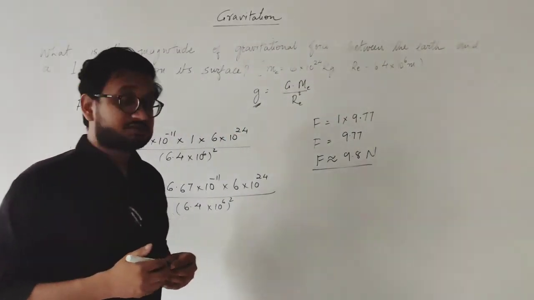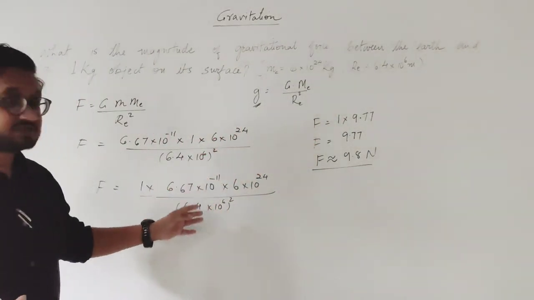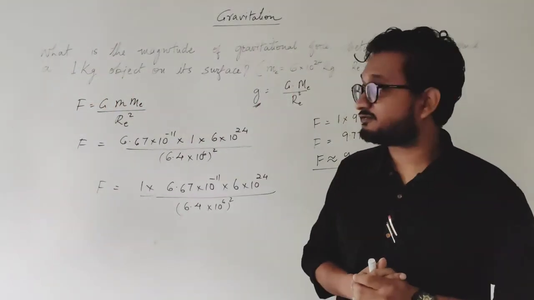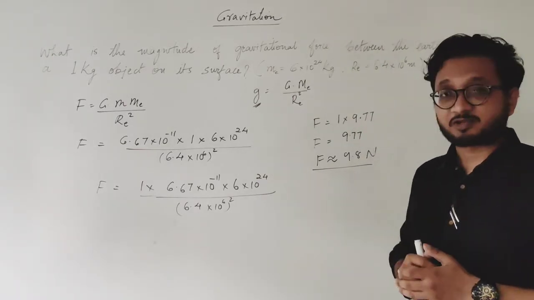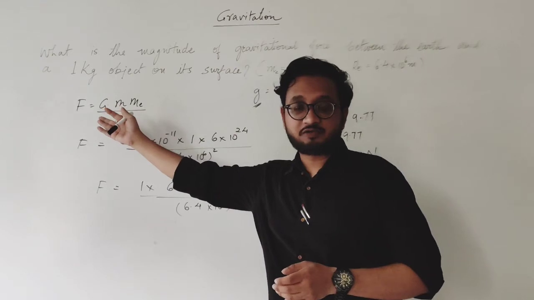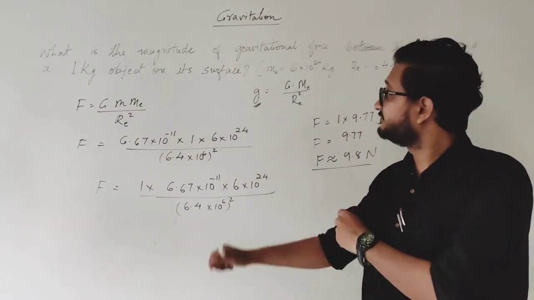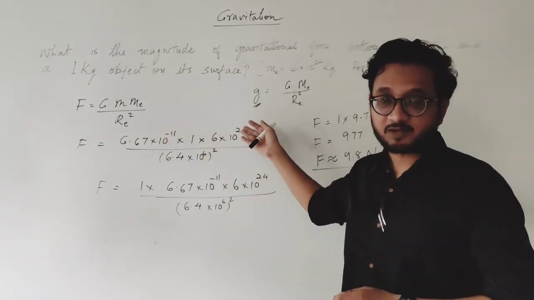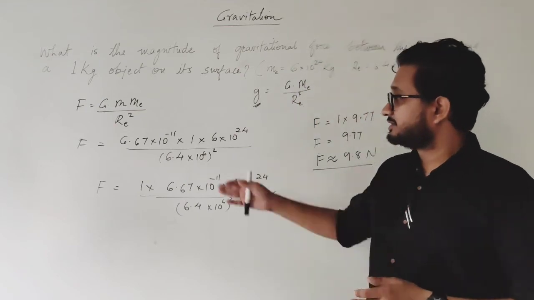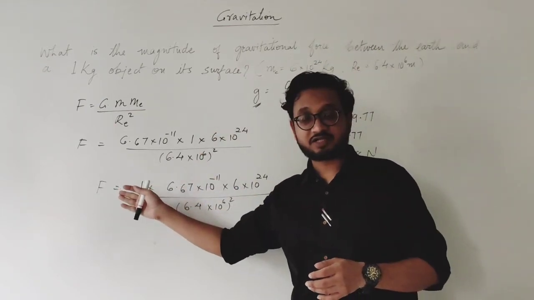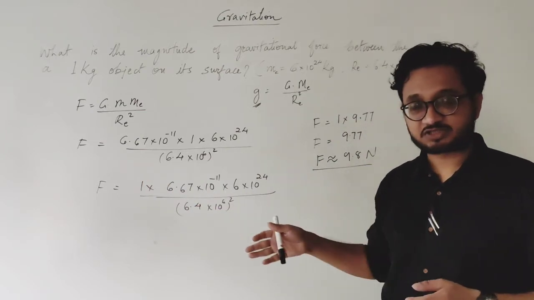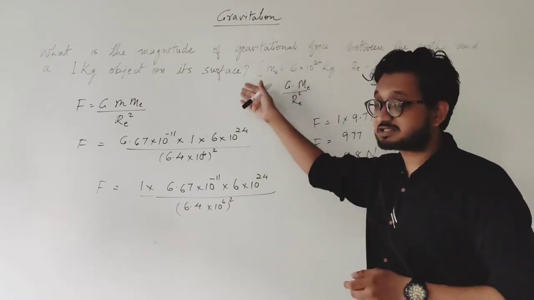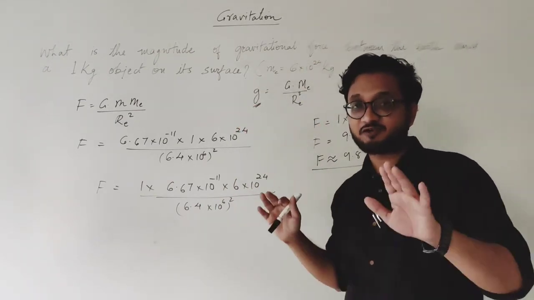Very simple actually, students. This is nothing but the calculation of acceleration due to gravity, the one that we did in the derivation for the acceleration. Quite simple. We took the universal gravitational equation, and then we substituted the value of 1 kg mass and the other values, that is gravitational constant, mass of Earth and radius of Earth. Because this is 1, I am taking the 1 because then everything is multiplication over here, so it becomes easier for us to see the bigger picture, and that is gravitational constant, mass of Earth and radius of Earth, which is our acceleration due to gravity. Okay, this is just for your explanation purpose.